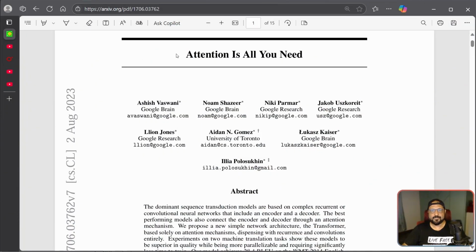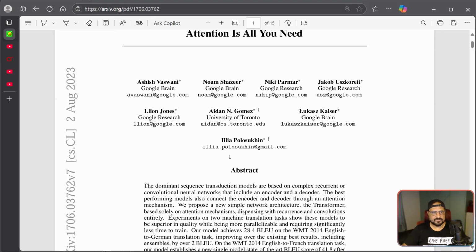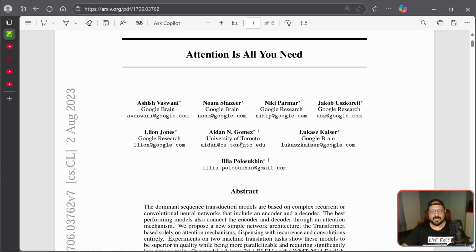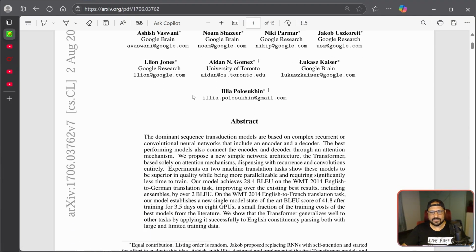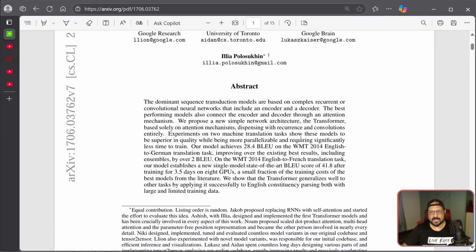So this is the famous paper. It's, I think, 15 pages long. This is where it all started. So one key phrase in the abstract which I see is